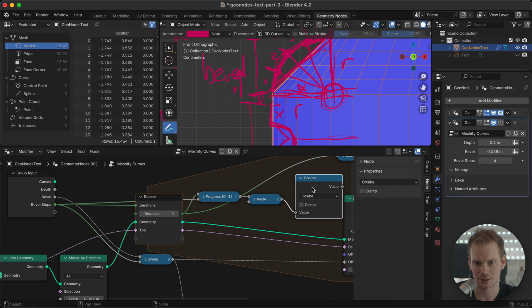I know that this is going to be cosine because the cosine wave starts at the top when it's 0, and then it goes something like this. So I know that this is barely moving. So I know we're sitting here. And then when we are a little bit further, we're starting to speed up. And that's what we do with x. So I know that this only moves a little bit in the beginning. And that's because we are at the top right there. So this is the cosine.